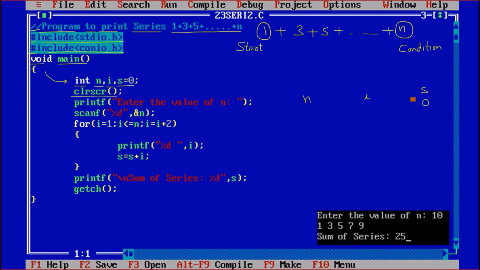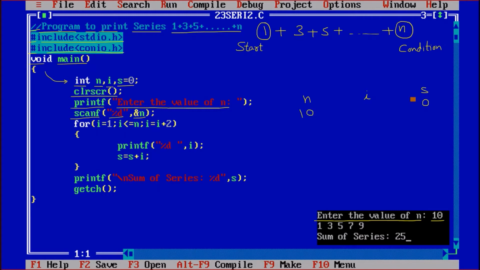Clear screen, so screen is clear. Printf, enter the value of n, so this message is printed on the user screen, enter the value of n. The user has entered the value of n as 10. Now scanf %d and n. So this value is scanned and stored at the address of n. So the value of n is 10 right now.